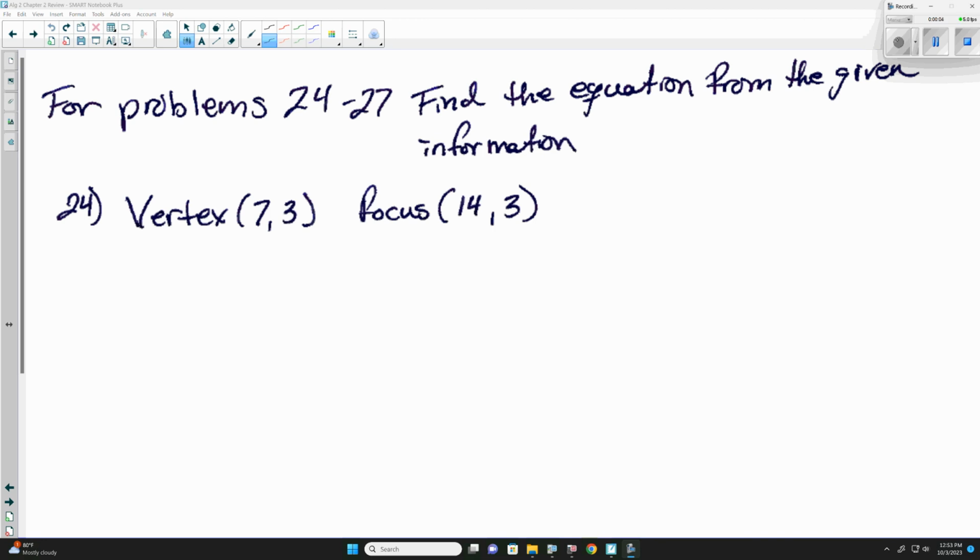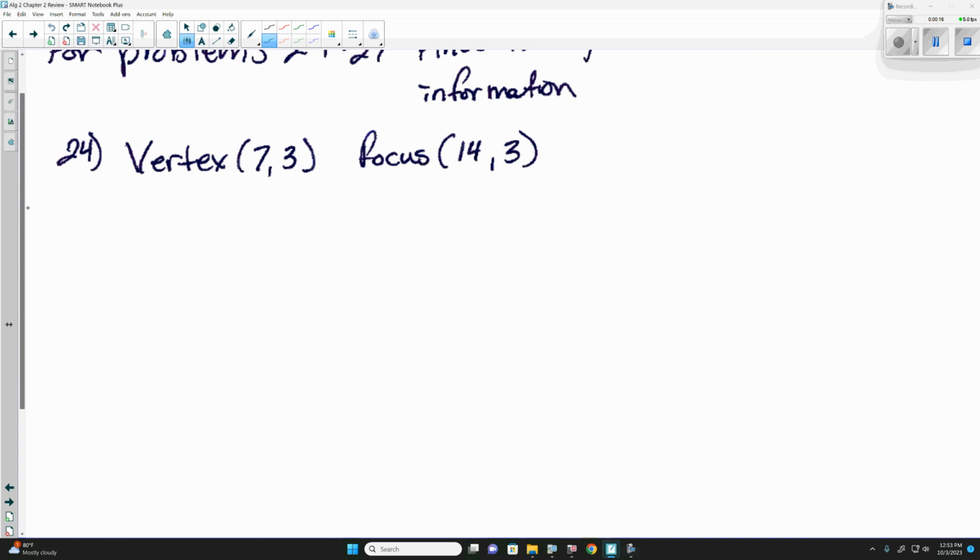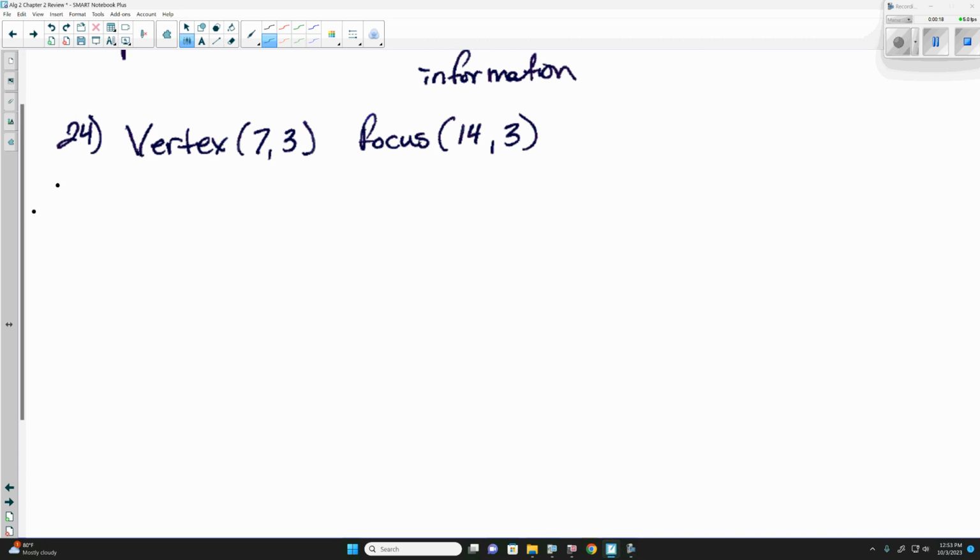So what we're looking at next is this here. For these problems, they gave us the vertex and focus, or they'll give us the vertex and directrix, and we need to find the equation. Just like the previous ones, we need to find the value of h, k, and p. Because if we can find these three values, then we can plug them into the general form and have our equation. Now the vertex is still the point